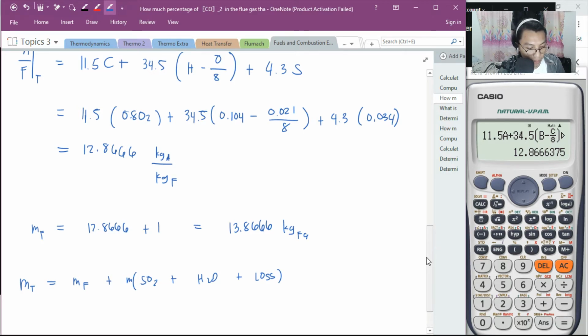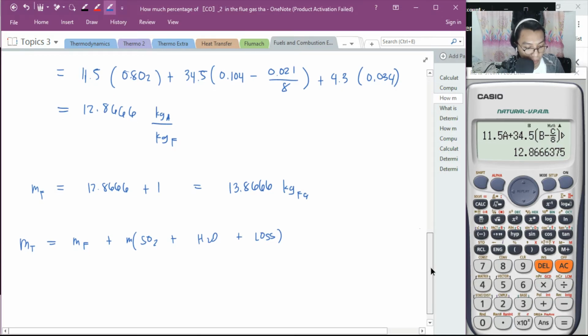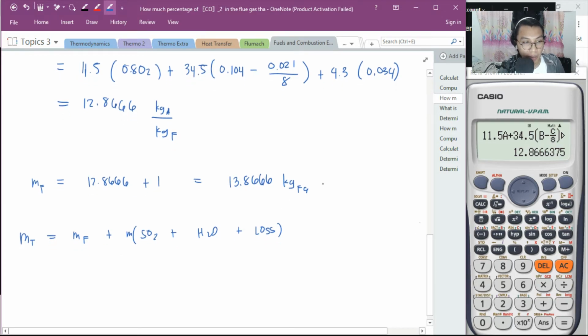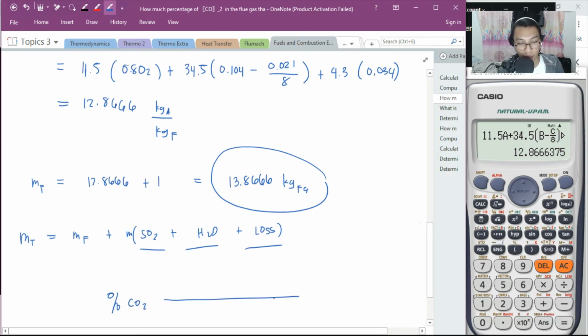So, technically, magiging mababa pa rin naman ang value niyan. Okay? Mababa pa rin naman. Kahit ito na lang talaga ang gawin mo dyan, kahit hindi mo na i-compute itong mga to. Okay? So, paano? Sir, the percent ng CO2 sa lahat, theoretically, that is equal to yung mass ng CO2